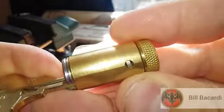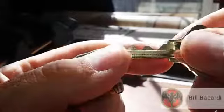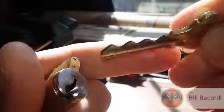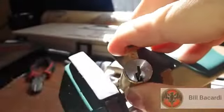Move? I didn't see it move. There it is. There's the check pin moving. And there is a Bill Bacardi binding. There's the check pin binding. Very cool. So let's get this dude in here